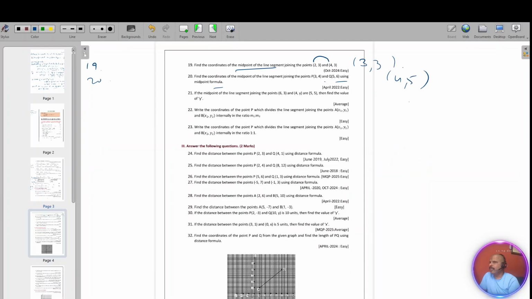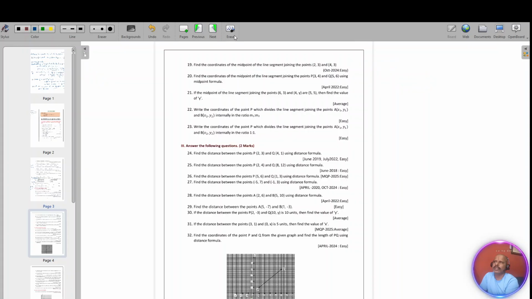Then we'll see the 21st. Okay. Find the value of y. Yes, we can solve this. It's the same, but we have to equate the values. If the midpoint of the line segment joining the points 6 comma 3 and 4 comma y is 5 comma 5,